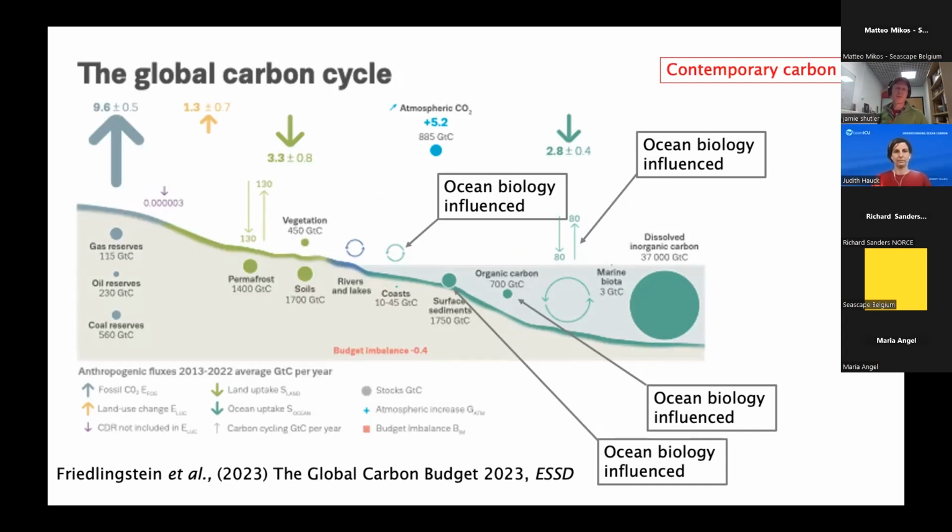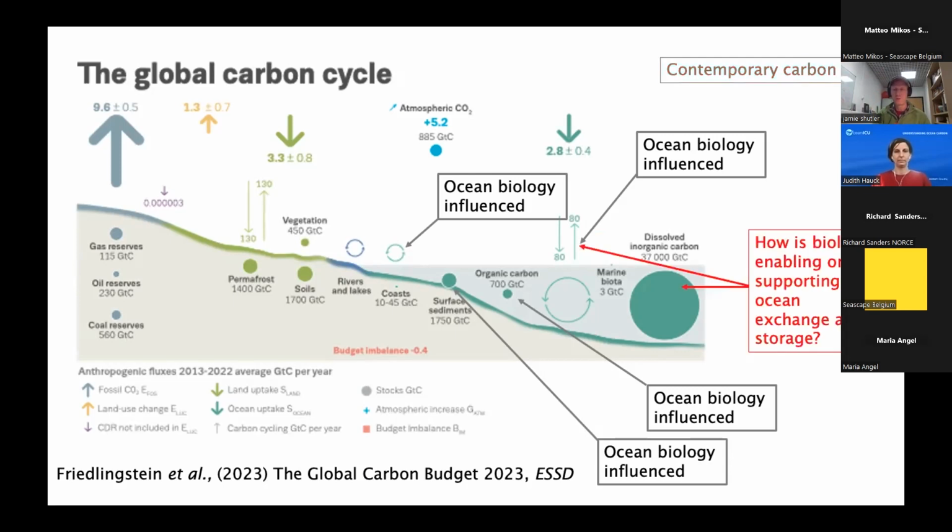Traditionally, people will consider and generally think about biology as having a small impact. And it's quite clear within this diagram, from the latest global carbon budget, why you would reach that conclusion. The areas that I've labeled with the arrows are all areas where biology is having an influence, but they're all quite small amounts. Whereas that large disk, the dissolved inorganic component, is where the majority of carbon is stored within